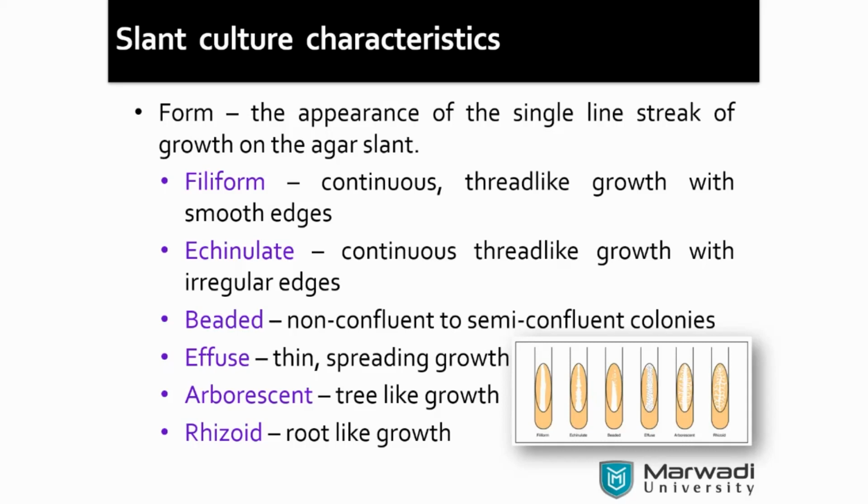Filiform: continuous thread-like growth with a smooth edge. Echinulate: continuous thread-like growth with irregular edges. Here you can say it is very smooth. Wherever you have made the streaking, it has not diffused or moved. It is just one line. Another is irregular. It is like people riding a bike, some go straight on just one lane, another